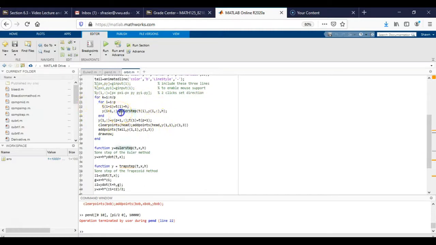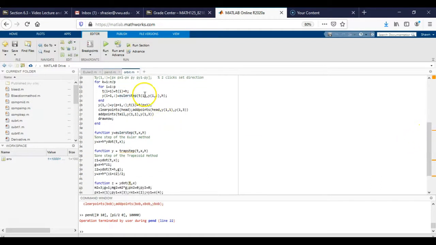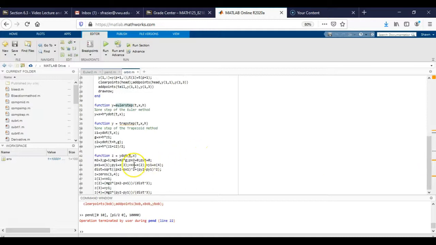Here we're using the Euler method in the overall solution. Here I'm giving you the Euler step, one step of Euler method. When we loop it, it'll calculate all the solutions for Euler method. You can also change this. If you change this to trap step, it will instead use this function to calculate the solutions. Okay? And down here, you have